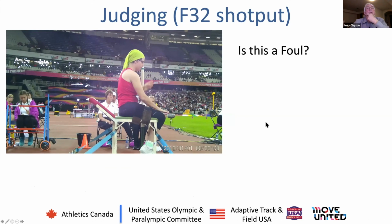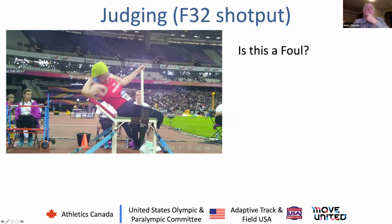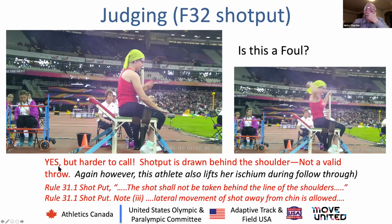What do you think? Was that a foul? Yeah, it was a little harder to call. But look over at this still. There's the plane of her shoulder and there's her hand back behind her. Kind of looking like it's in baseball pitch mode. However,